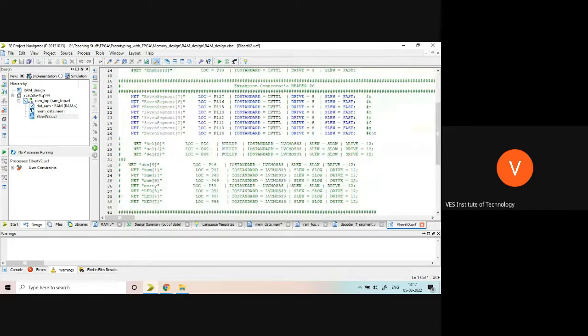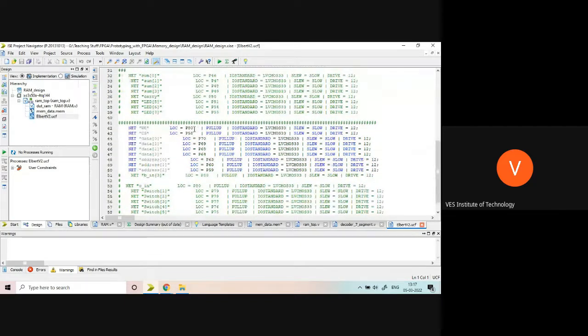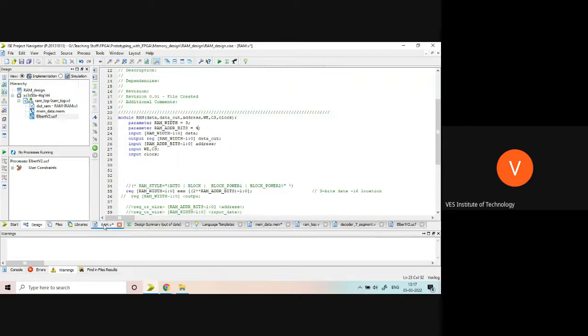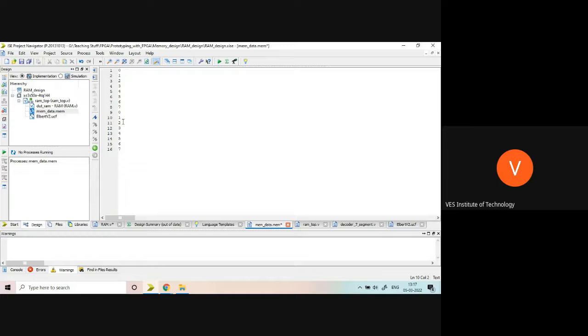For the 7-segment display we have already written code. So this is for the 7-segment display. It is already there. I have already made all enables on. Then WE will go at pin 80, CS will go at pin 58, data will be 70, 69, 68 and 64, for 0, 1, 2, 3. Okay, 4-bit data you can say. So I can use 4-bit data and 3-bit address. I think some mistake I have done. Some calculational mistake is there. Just a minute. I can use 4-bit data, but 3-bit address line.